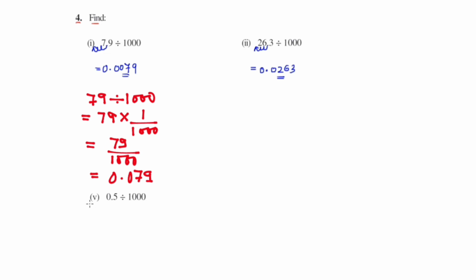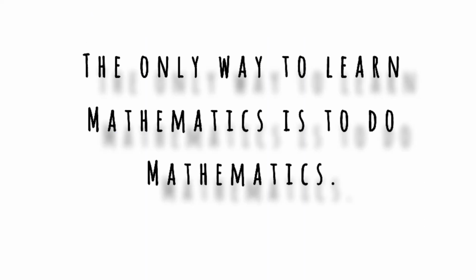If you want to divide also, you can do that. In the fifth part, 0.5 divided by 3 zeros, that is 1000. So we will shift like 1, 2 and 3, and in the vacant places we will fill up 0. So 0.0005 is your result. Now, as you have learned how to divide any number by a power of 10, like we have done when the denominator was 10, when the denominator was 100, and likewise in this question the denominator was 1000. Clear? As I mentioned already, practice more to reduce your errors.